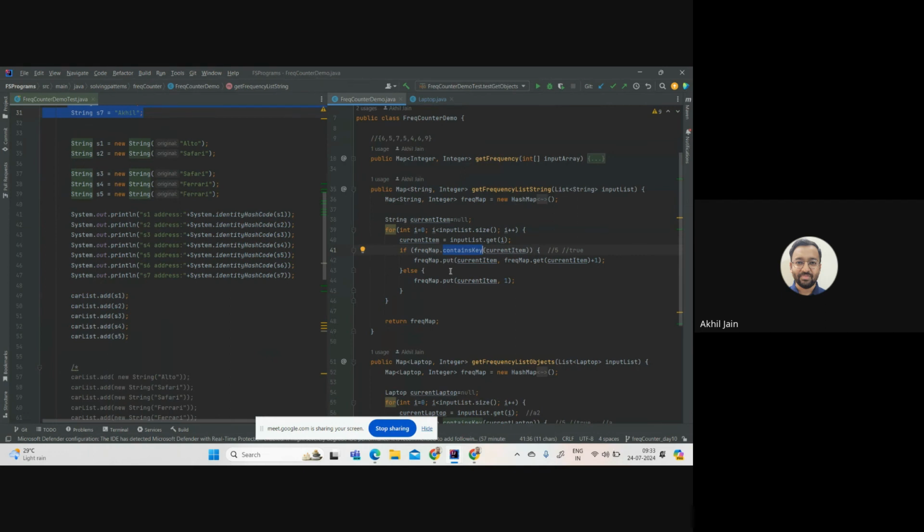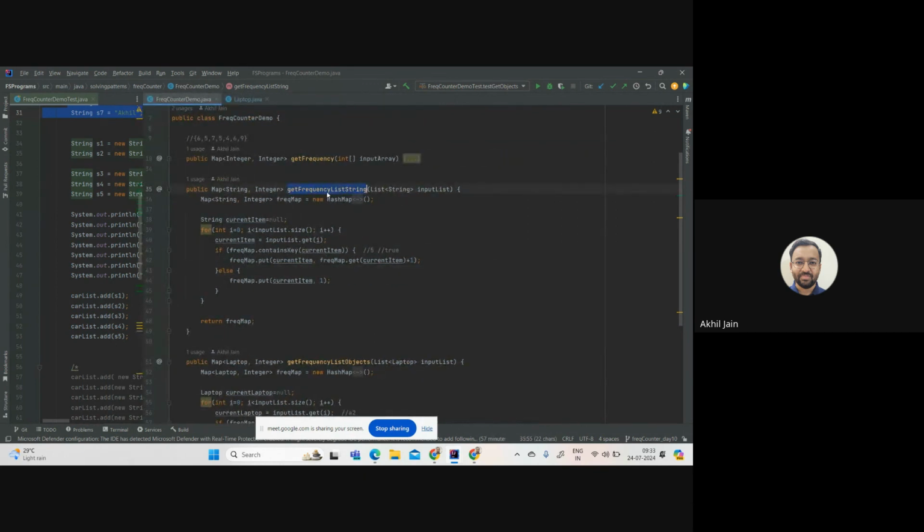Okay. So what I was saying is, if you see this in the frequency, this was the logic which we were writing yesterday. This was the logic where we were checking that frequency list string, where we were writing the logic for frequency counter. Here, we were checking in the frequency map, for the strings. If you want to validate whether there is a key already in the map, we use this method, containsKey. And since we were using string in this example, it works fine because string